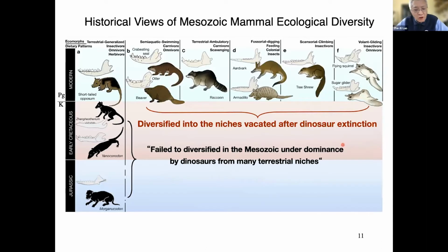And this figure aligns very well with our broader understanding of mammalian evolution. From 30 years back, we had a biased perception. This biased perception was that the Mesozoic was always dominated by big dinosaurs, and therefore mammals were generally restricted to small body size and generalized terrestrial adaptation. It's only after dinosaurs went extinct, and ecological niches became available, that mammals started to develop all varieties of ecological specialization, like, say,